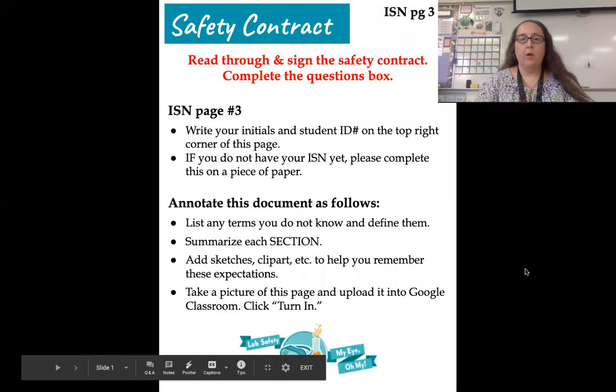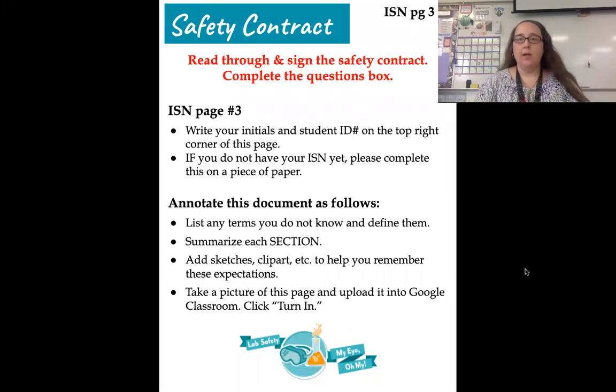Hello again. I'm going to walk you through your safety contract assignment in your book. On this attachment, there's the instructions on slide 1, and slides 2 and 3 are pictures of the actual safety contract. Normally in class, we would have printed it off and you would have taken it home and got